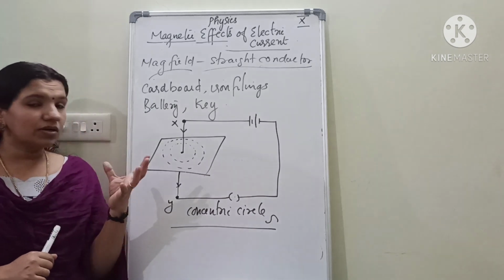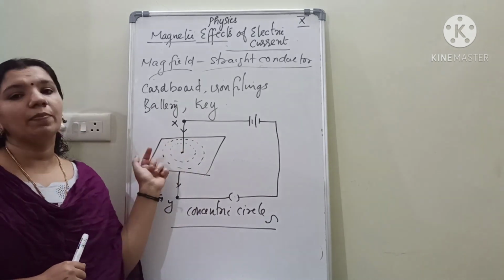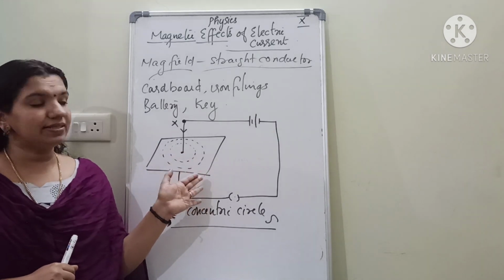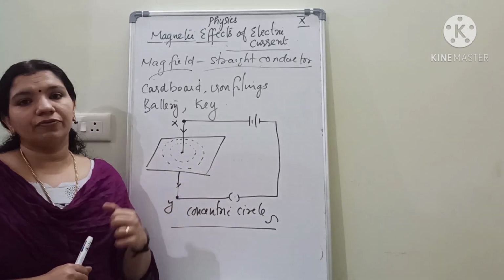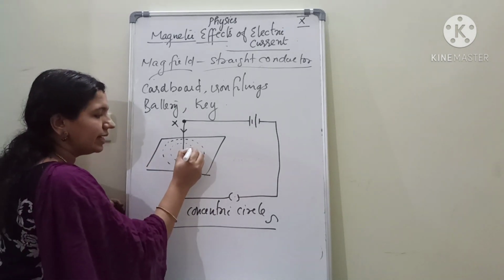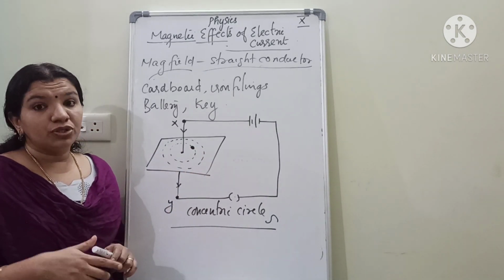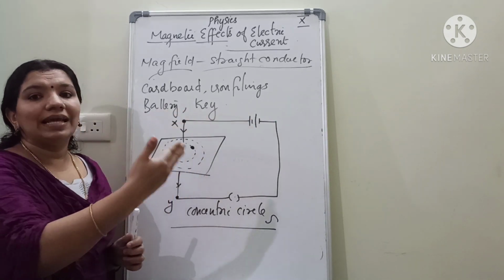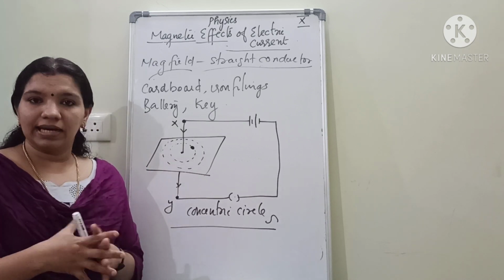Okay. Now another question is, so two questions you got. First one is the activity for this. Second one is the shape of the magnetic field lines around a straight conductor. Then the third question is, on what all factors this magnetic field depends. That means if we want to find the magnetic field at this point, on what all factors it depends. To understand more about that, first of all, you can increase or decrease the amount of current. You can increase the current or you can decrease the current.